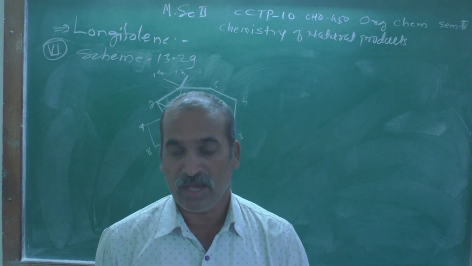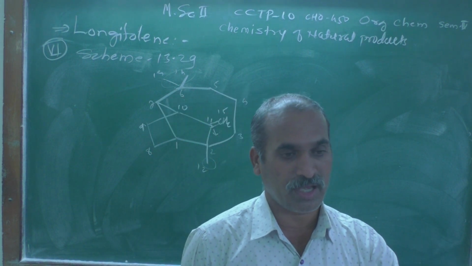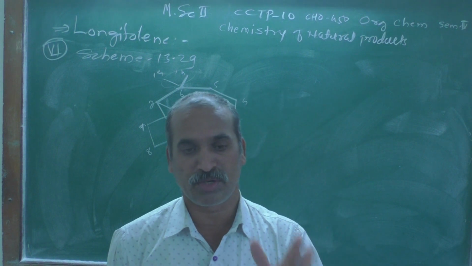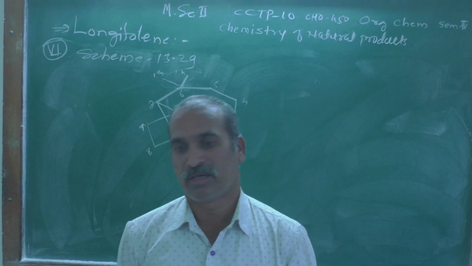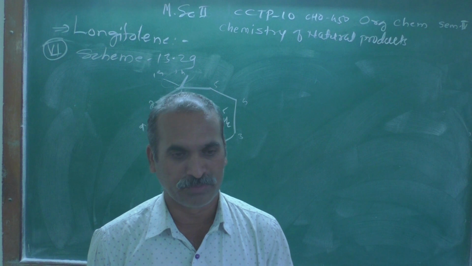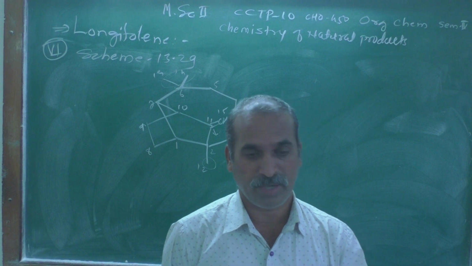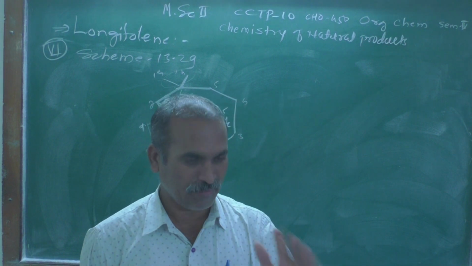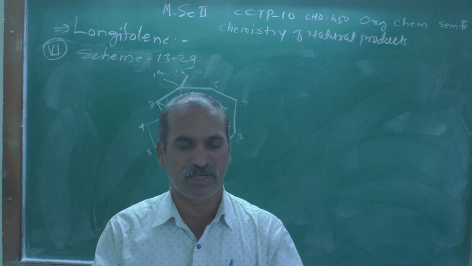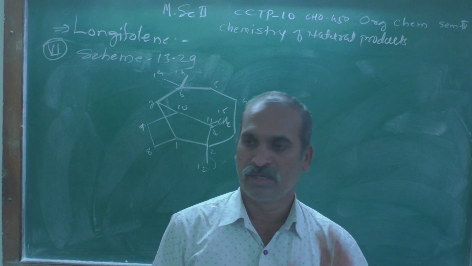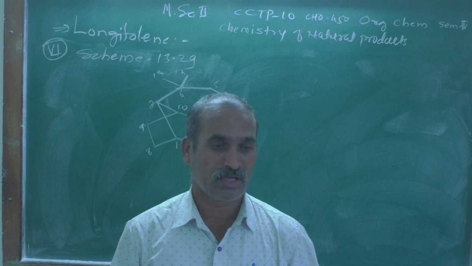This is also known as, if two rings are there and there is an alpha beta unsaturated compound, one is an isolated carbonyl group, whereas on the other side is a conjugated carbonyl group, sometimes it is referred to as a chalcone. Alpha beta unsaturated compounds are stable. But if you compare the reactivity between these two carbonyl groups, one is an individual or isolated carbonyl group, whereas the other is a conjugated carbonyl group.